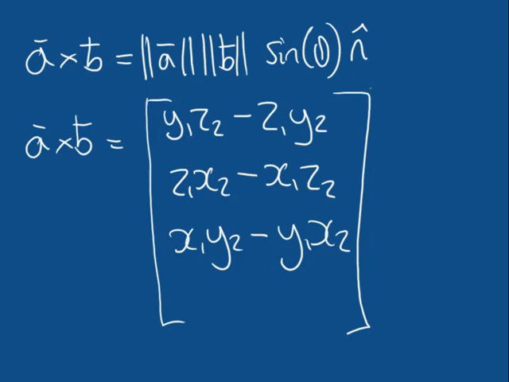We've seen how the magnitude of the resultant vector is equal to the parallelogram defined by A and B. So if we had A and B, the area of that parallelogram is equal to the length of our cross product vector. So we've seen how the magnitude of that vector is equal to the area of the parallelogram defined by A and B. And we've also seen a selection of problems that can be solved using the cross product, which hopefully illustrates just how powerful not only the cross product itself is, but vectors in general are for solving problems in